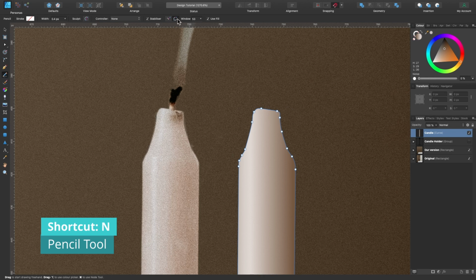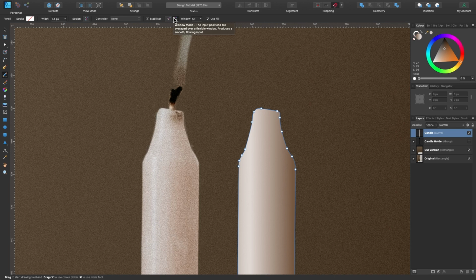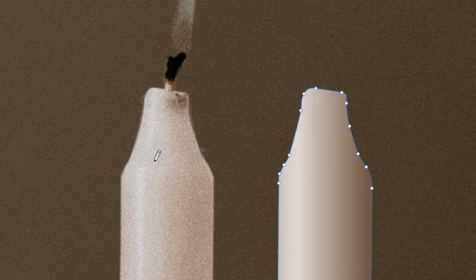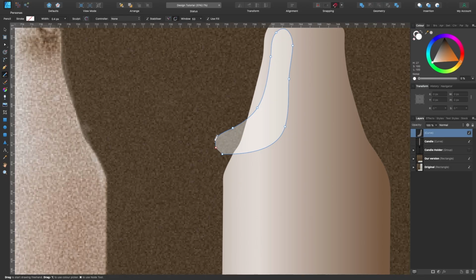You can see everything that's selected here, stabilizers on, use fill, and this window mode is on. What I'm going to do is just draw out some kind of round circle like this on our version. So I'm going to click and drag out like this and maybe down, maybe somewhere like that. I'm going to close off this shape.